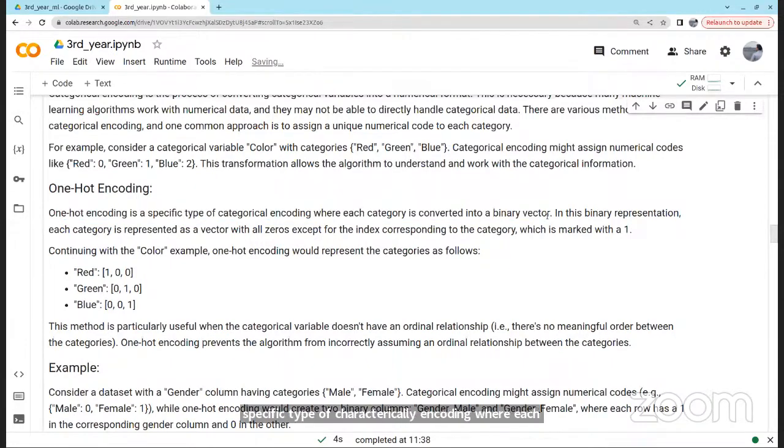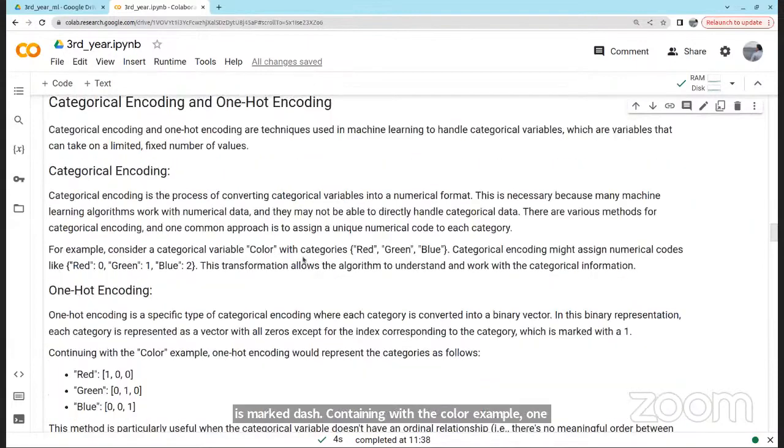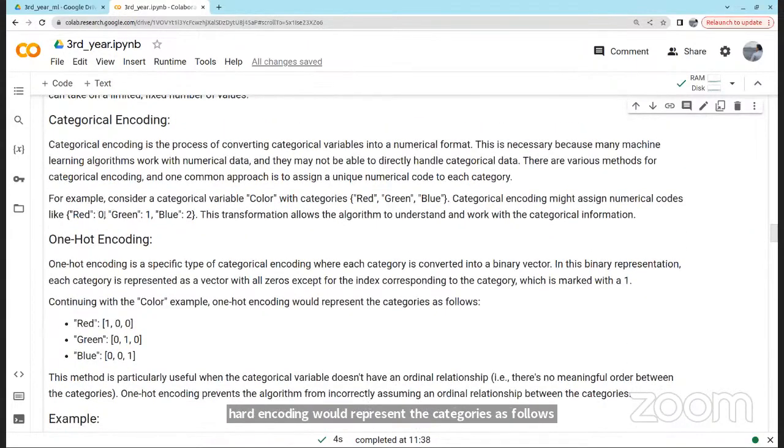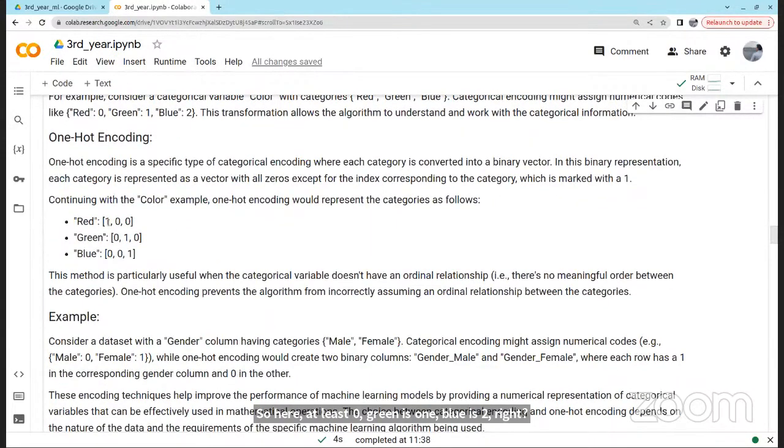You will be using 0, 1 vectors here, not 1, 2, 3. In this binary representation, each category is represented as a vector with all zeros, except for the index corresponding to the category, which is marked as a 1. Continuing with the color example, here red is 0, green is 1, blue is 2, right? So red index is 0.